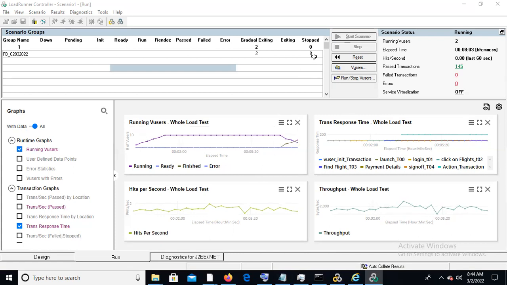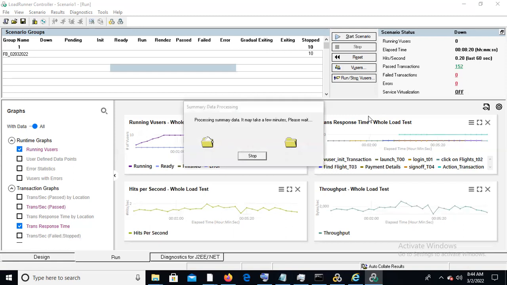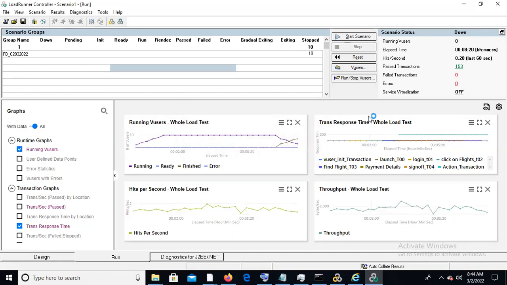See, 8 users have stopped. Only 2 more users will stop, and then our test will be finished. See, our test will be finished. So now you need to analyze